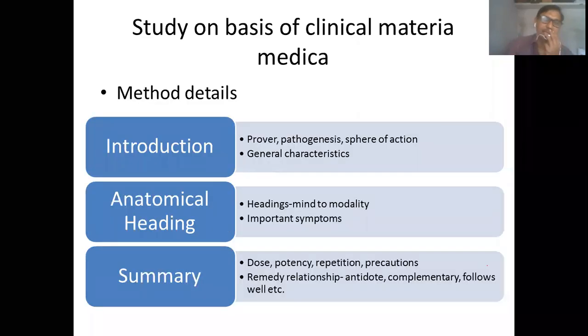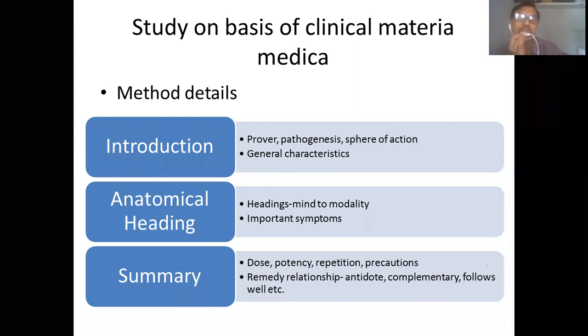Then we will study the actual method of how the materia medica is described in this clinical materia medica. If you observe the pages of this materia medica, you will see a remedy. For example, again, the remedy which I am going to take is Arnica montana. If you open Arnica montana from these books of J.H. Clarke, from these books of William Boericke, that remedy will be described under three parts. One part will be the introduction, the second part will be the anatomical heading, and the third part will be the summary